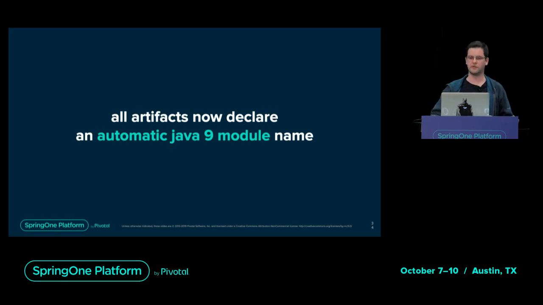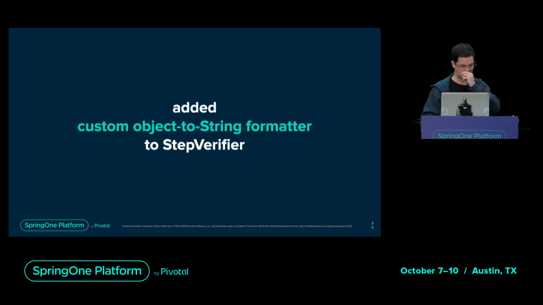For those of you that use Java 9 modules, who uses Java 9 modules? Okay, so for you guys in the back, now at least all the artifacts in Project Reactor declare a Java 9 module name. So it's not modularized, but at least if they change the automatic name generation or anything like that, the name is stabilized. Okay, and there's also some quality of life in the StepVerifier for the tests if you want to represent some objects in the error message, but that's a very small